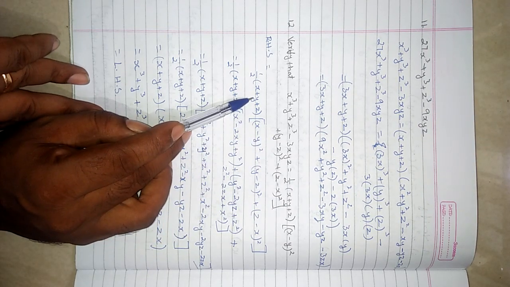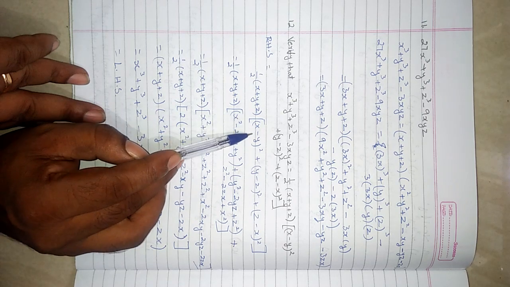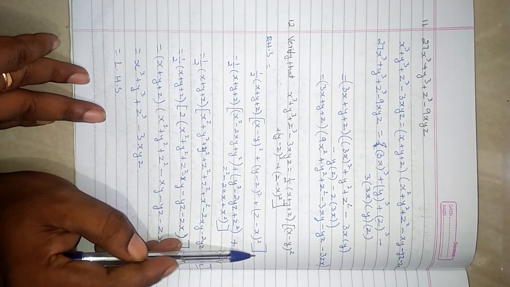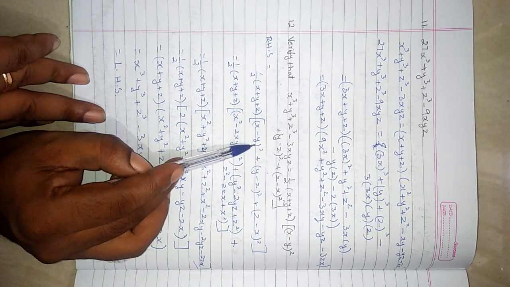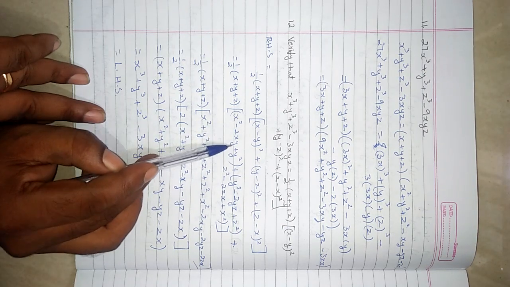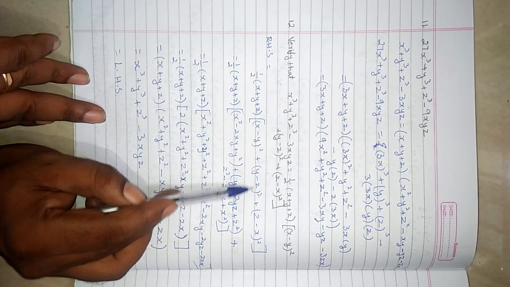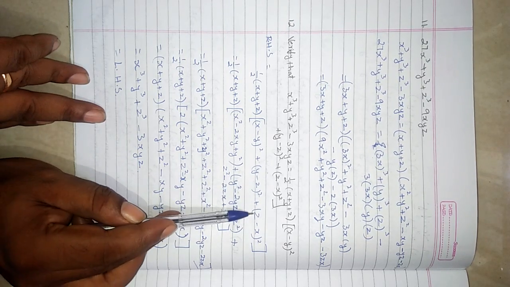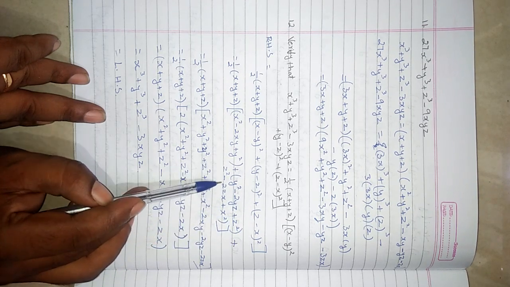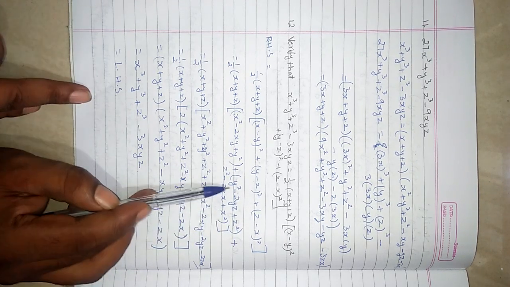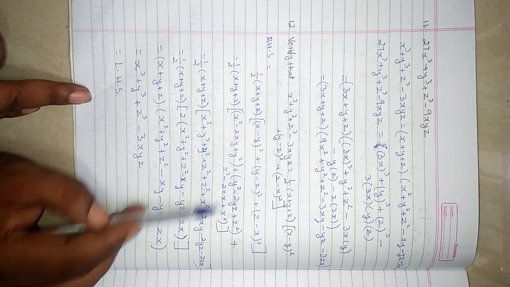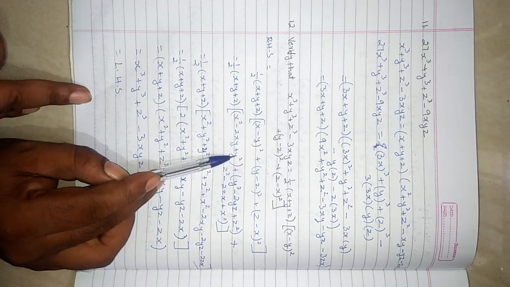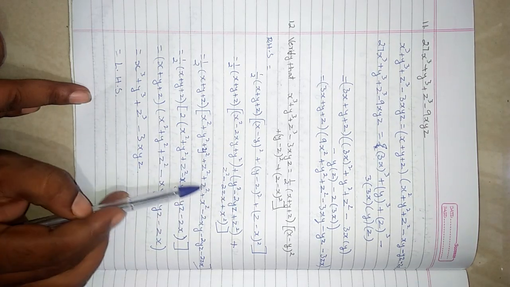1 by 2 into x plus y plus z into (x minus y) the whole squared plus (y minus z) the whole squared plus (z minus x) the whole squared. Expand inside the brackets. So (x minus y) the whole squared is x squared minus 2xy plus y squared, plus in the same way (y minus z) the whole squared is y squared minus 2yz plus z squared, plus in the same way (z minus x) the whole squared is z squared minus 2zx plus x squared. Now just check for the like terms. Here I have x squared, here also x squared, z squared, y squared, y squared. So take all the like terms and try to simplify.